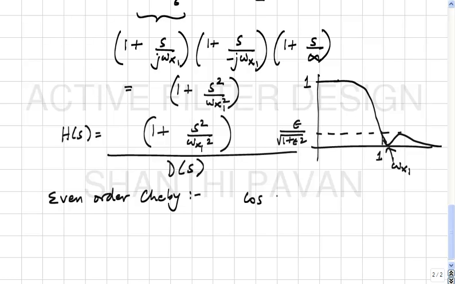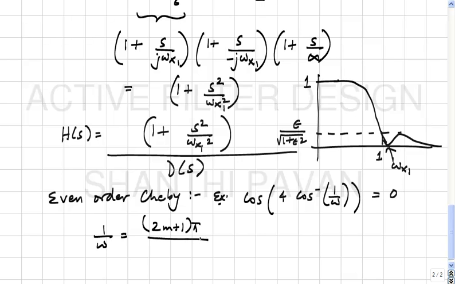The numerator will have to be, for example, 1 by 4 cos of n cos inverse of 1 by omega must be 0, which means that 1 by omega, the frequency at which there are zeros of transmission, must be (2m plus 1) into pi by 2 into 4, which is 8. So this will go to 0 at pi by 8, 3 pi by 8, 5 pi by 8,